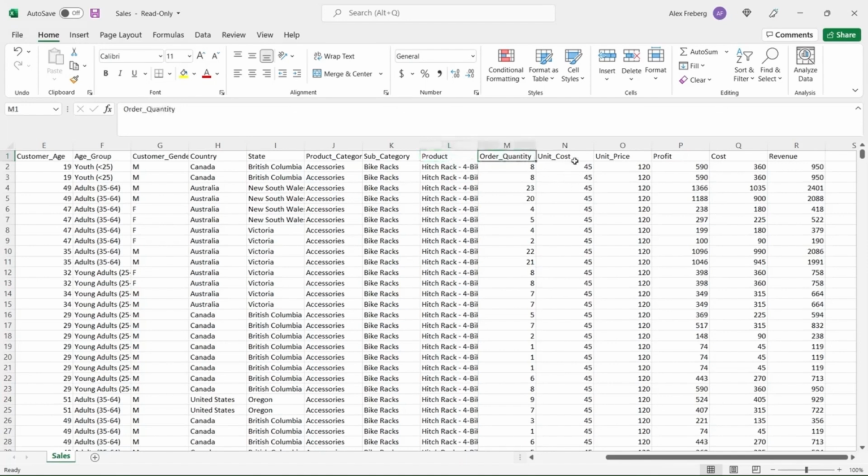So we have order quantity, unit cost, unit price. Then we have the profit, cost, and revenue. Almost everything in here, we can in some way put into a pivot table. Now, I'm not going to go through every single variation of that, but we are going to be looking at a lot of this revenue over here, because I think it's pretty easy to show the value of a pivot table, especially with